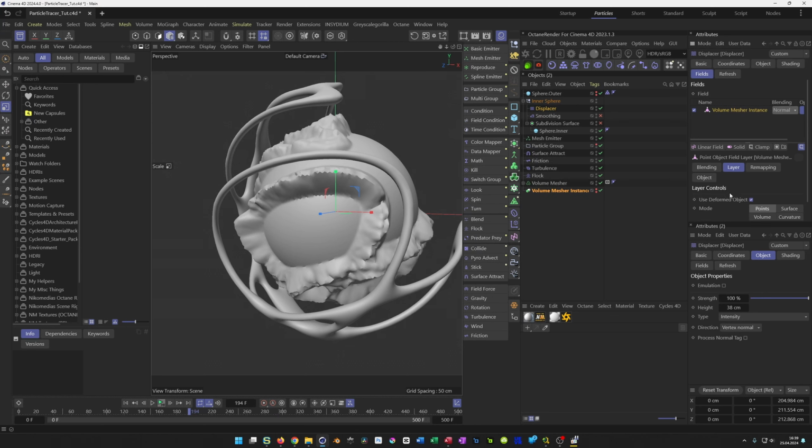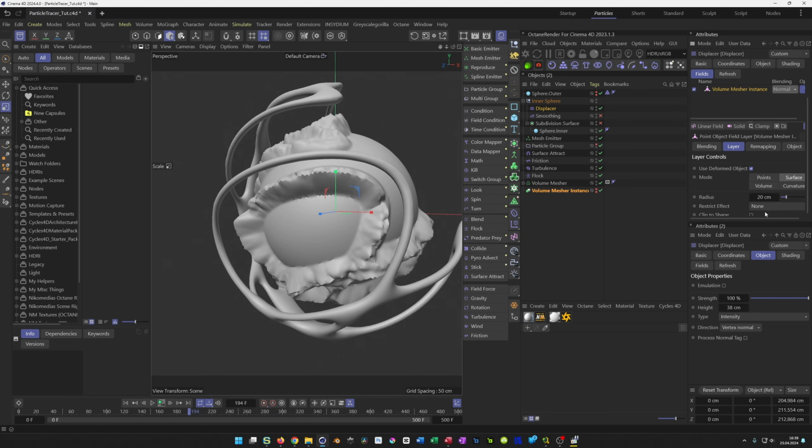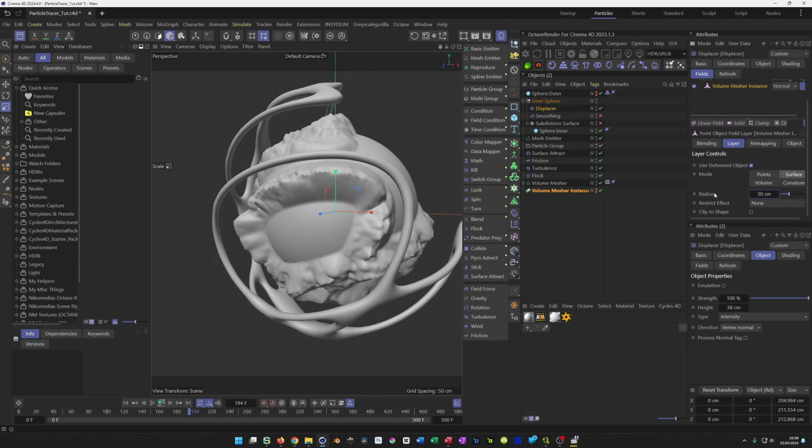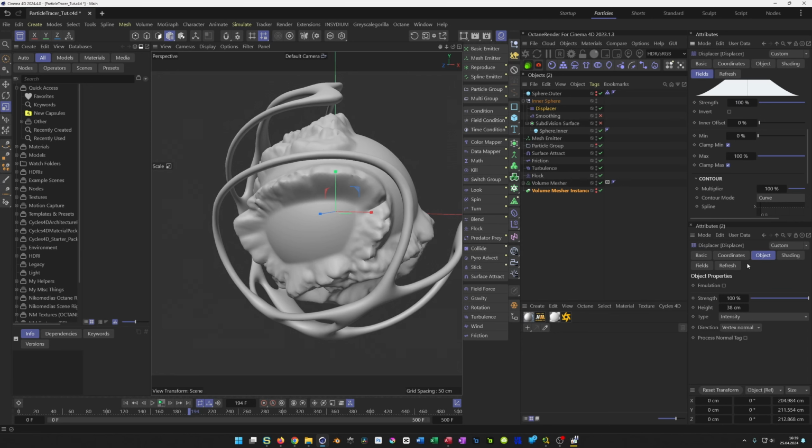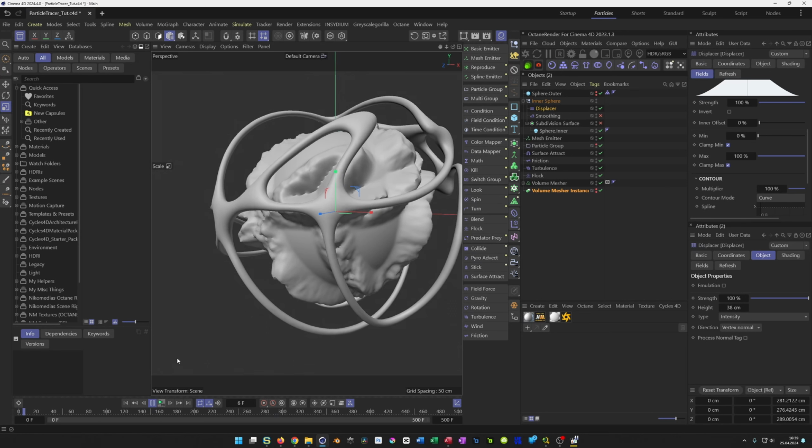This is exactly what we want. Let's go to surface, make it maybe a little bigger. And to make the edge a little smoother, we can go down here to the remapping, to contour mode, and get to curve to have this nice thing. And now this should work because we have the same movement on the instance, because it's an instance just smaller, and so it should give us